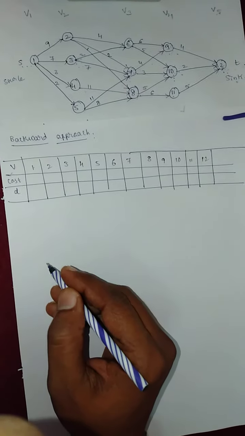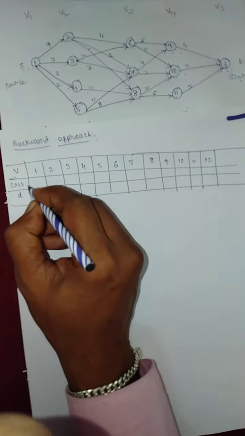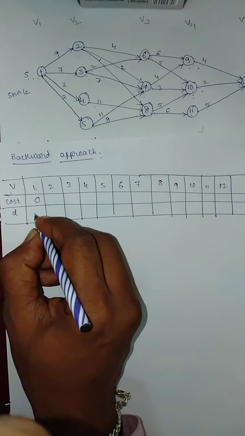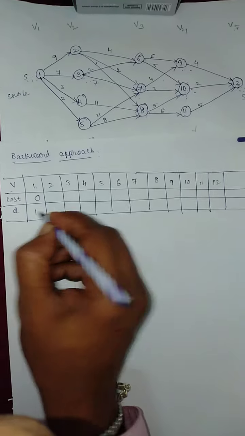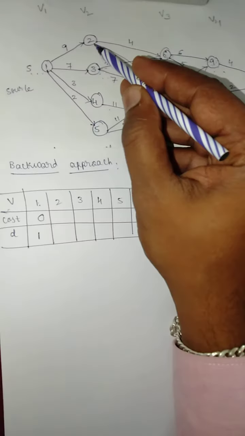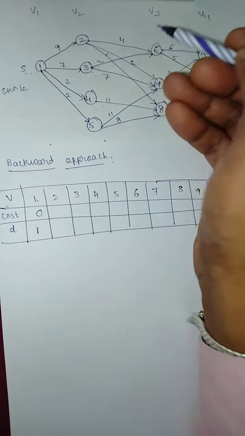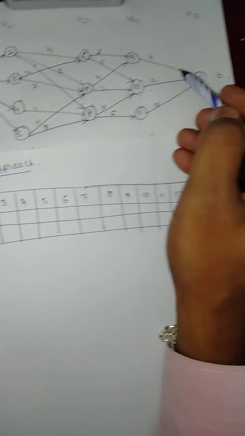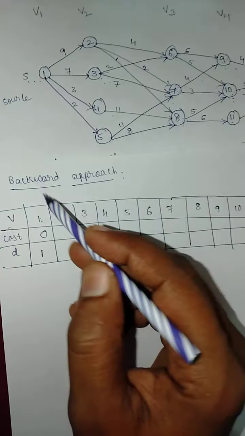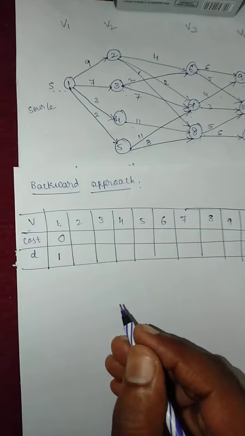From the source vertex, the cost from source vertex 1 to 1 is 0, and the previous vertex itself is 1. I mean we reach 1. Next is the second stage. In the forward approach we started from the fifth stage and then fourth, third, 2, right? So here stage 1, 2, 3, 4, 5 like that.